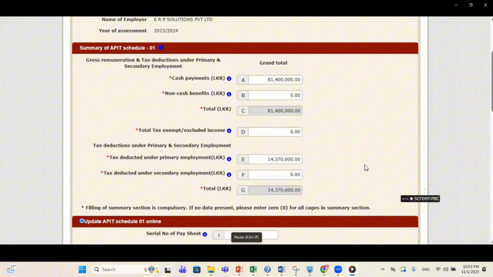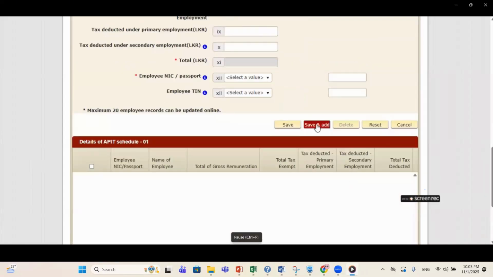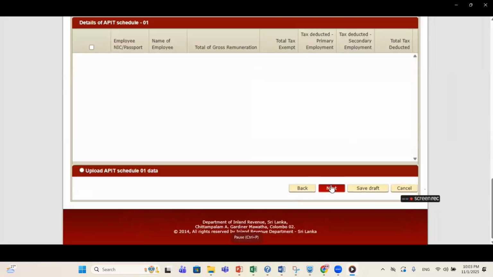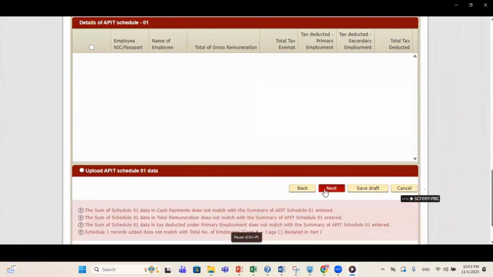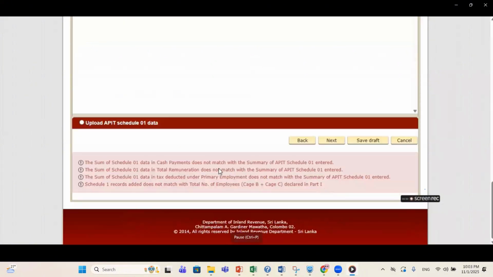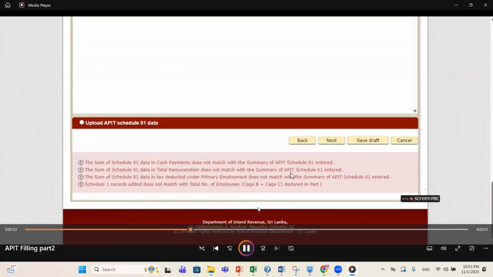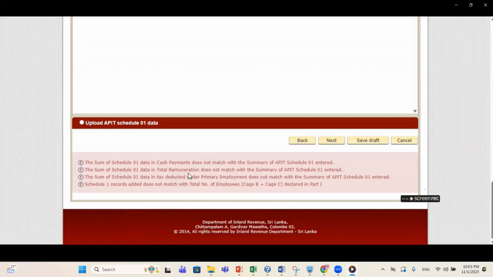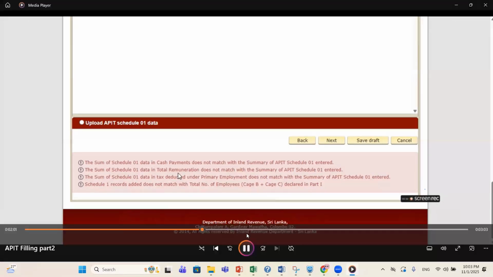So if we try to move to the next slide, the system will show this kind of error messages, right? We cannot move to the rest without entering the schedule details, without uploading the relevant schedules.